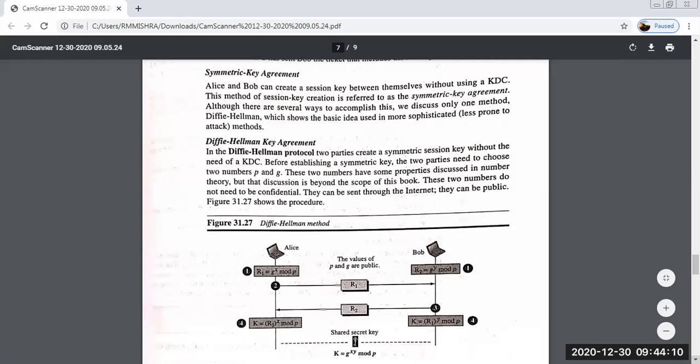So two parties create a symmetric session key without the need of a KDC. Clear. Before establishing a symmetric key, the two parties need to choose two numbers P and G. Clear. These two numbers have some properties that is